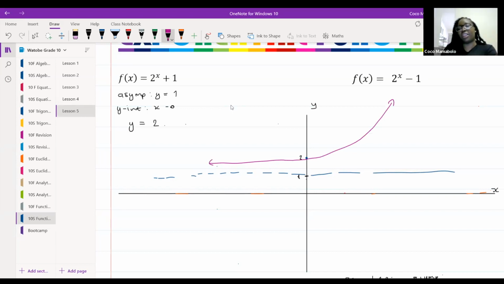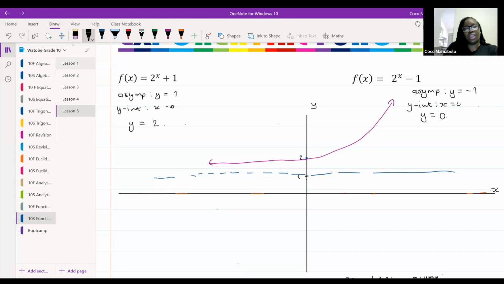All right, what about this other one though? And then for the other one, I said I'm not sure. I said the asymptote is y equals -1. I'm not sure if I'm correct. Absolutely true, 100%. And then I said for the y-intercept, x is equal to 0. Then I said 2 to the power of 0 minus 1, which is equal to 1 minus 1, which is equal to 0. Good. 0. Cool. All right.